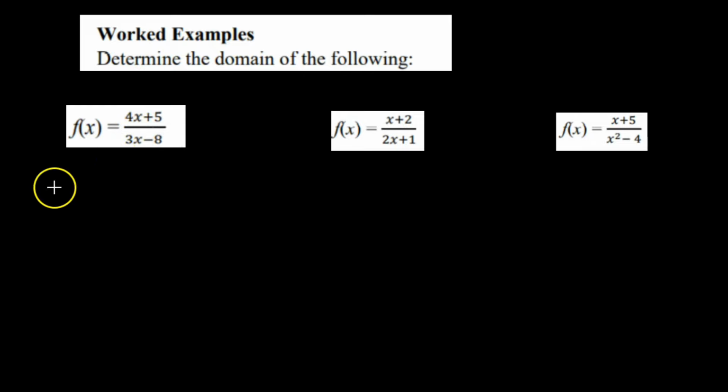So the first step is we select the denominator, which is 3x minus 8, equate it to 0, and solve for x. That will give me 3x equal to 8, because 0 plus 8, we have to transpose the negative 8 to give us positive 8. So x then becomes 8 on 3. So in this case, stating the